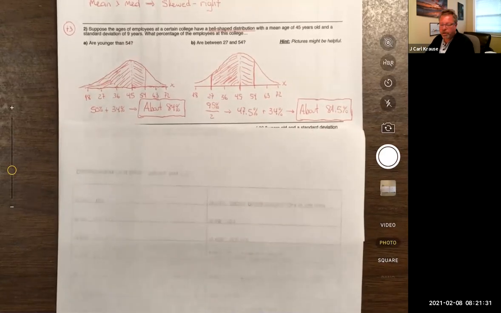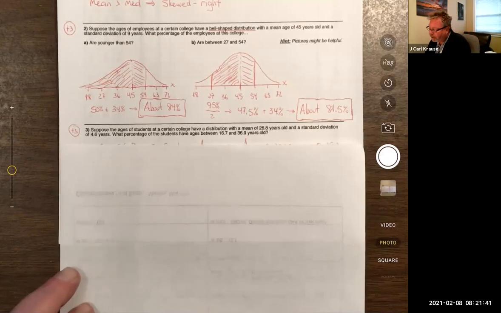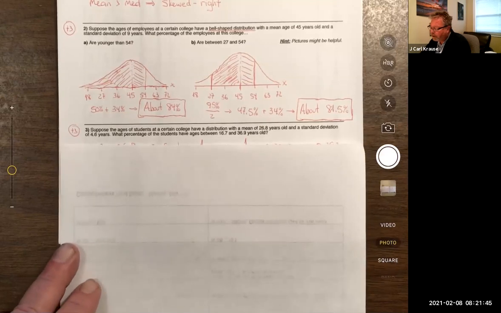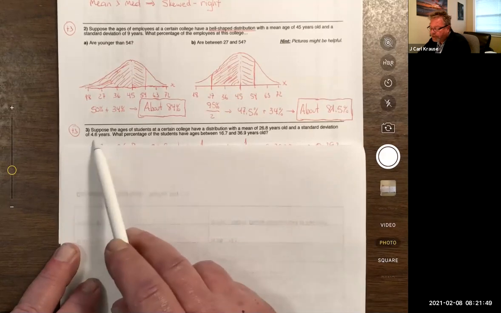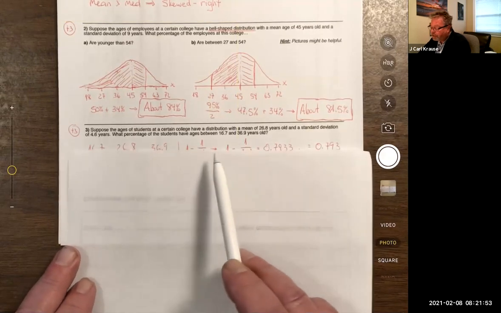Number 2 looked pretty good for most people. But then we get into number 3, and there were 2 important mistakes made here, and so I want to be clear what those are. It says, suppose the ages of students at a certain college have a distribution with this mean and that standard deviation. And it says, what percentage of the students have ages between